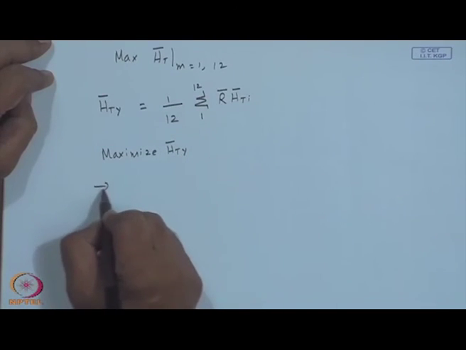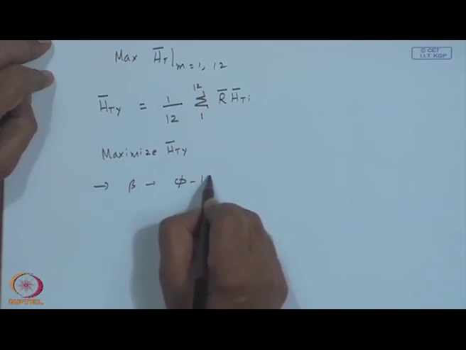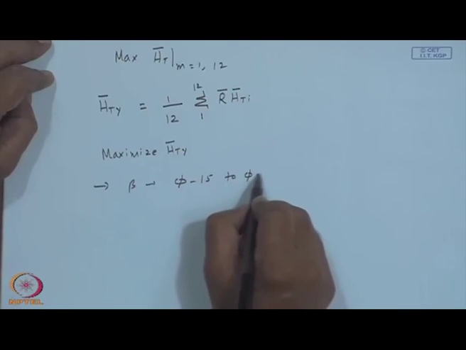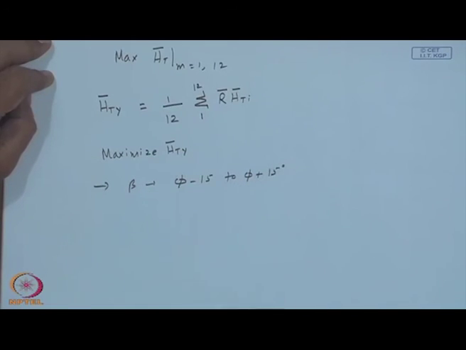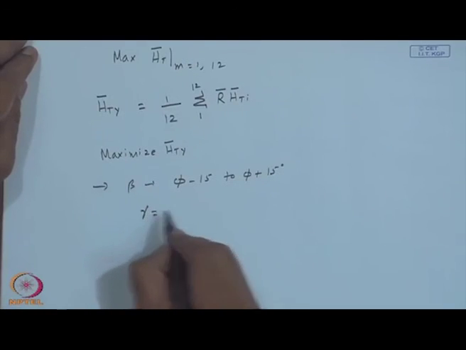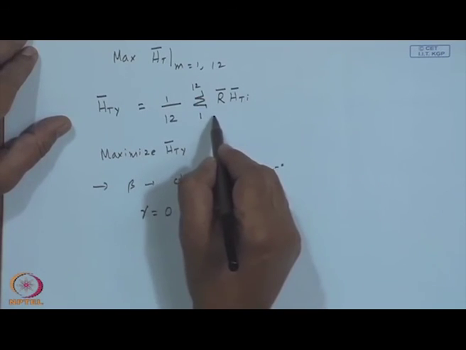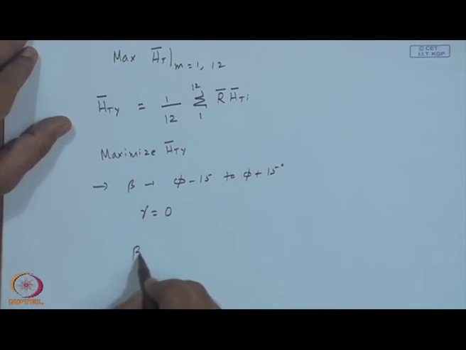So, what you do is start with beta something like phi minus 15 to phi plus 15, because we got a thumb rule, it is about 10 degrees. So, I go minus plus 15 degrees over the latitude and assume, of course, because my best orientation is gamma is 0, and we will try to compute, and now you will realize that this optimum beta OPT beta depends